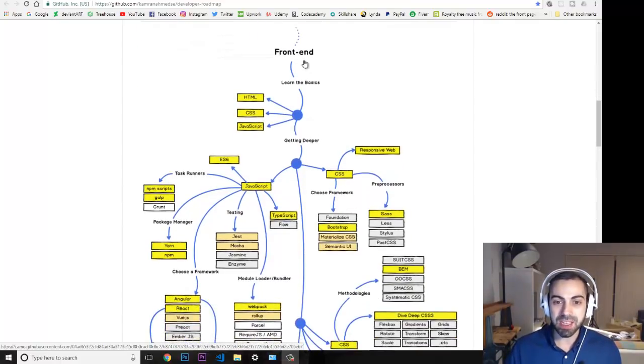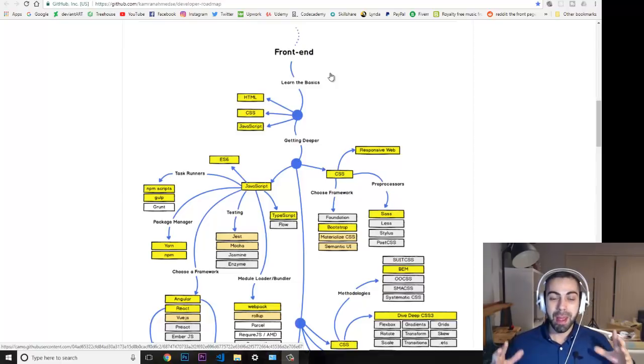So this is the beginning of the front end, and it says in here that to begin you should learn the basics, as everyone knows: HTML, CSS, and JavaScript. Learning this little bit of concepts, you will get started. You will know the basics, and it's not just the basics, but if you get comfortable with this, you